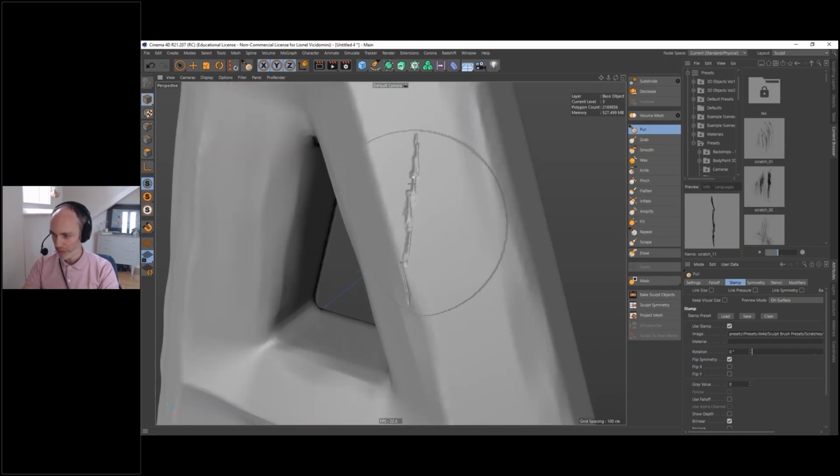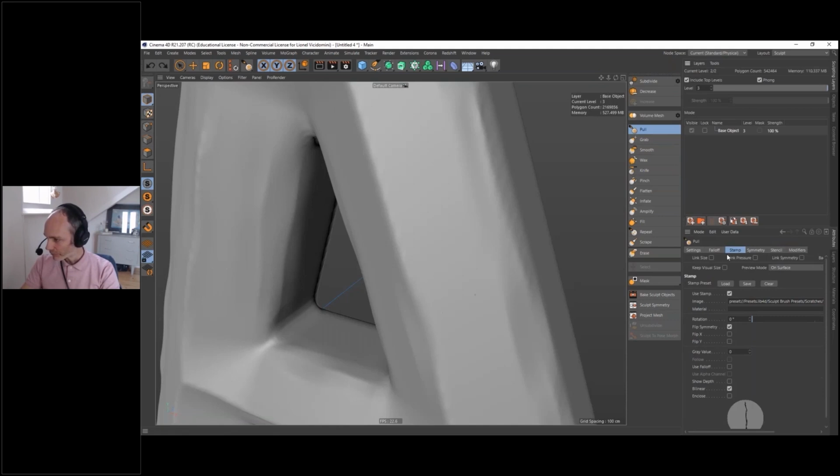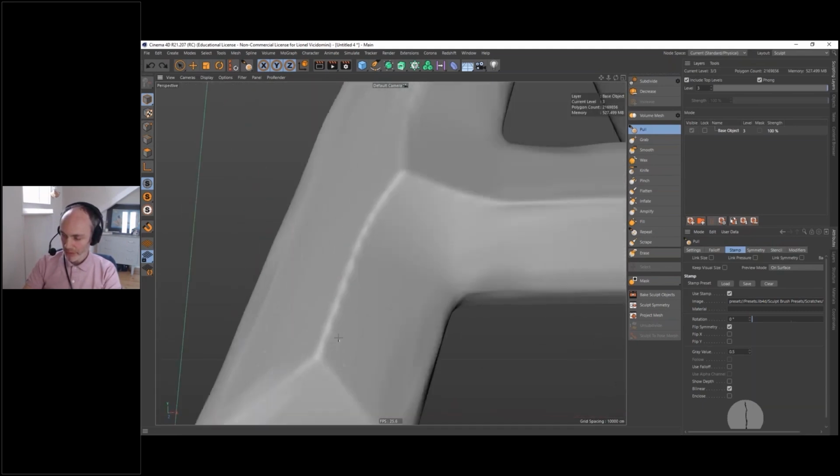That's better. Okay, the problem with the outline: I just need to go in my options, my attributes, in the stamp panel, and here the gray value you have to change to 0.5. And now it works.